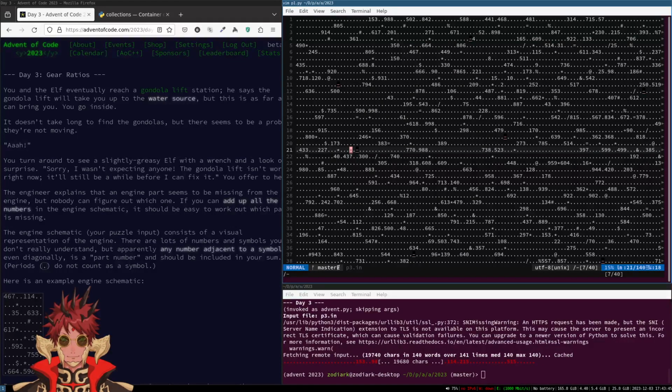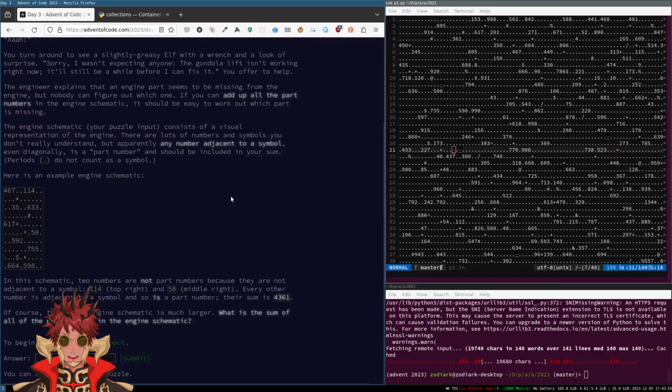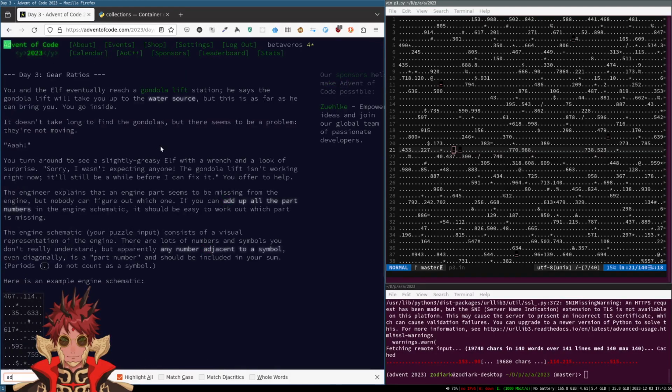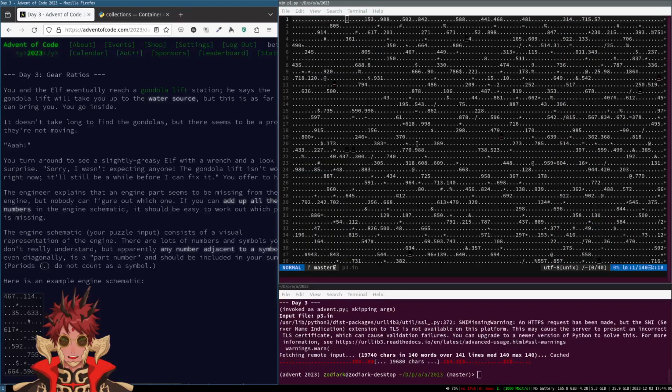Cool. Okay, this is so adjacent. I need to figure out, does diagonally adjacent count? Diagonally, yes, it does count. So I think this is kind of annoying.